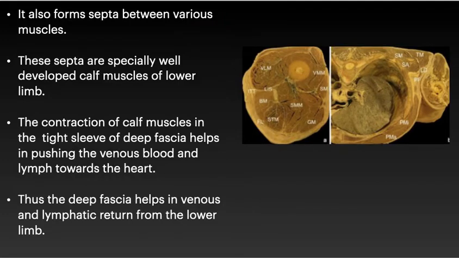Forming septa between various muscles, especially well developed in the calf muscle of the lower limb. Contraction of these calf muscles in the tight sleeve of deep fascia helps in pushing the venous blood and lymph towards the heart. Thus, the deep fascia helps in venous and lymphatic return from the